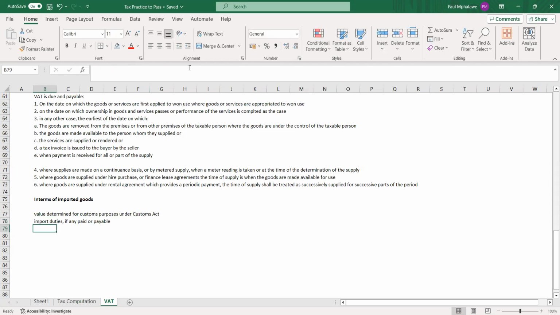Then if there is any other duty or levy payable at the time of importation,